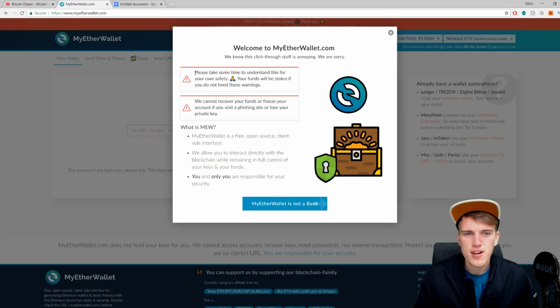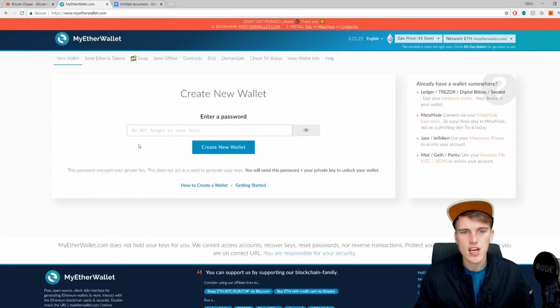We're presented on the front page with, please take some time to understand this for your own safety. Your funds will be stolen if you do not heed these warnings. We cannot recover your funds or freeze your account if you visit a phishing site or lose your private key. Then it explains what MEW, or MyEtherWallet, is. It's a free open source client-side interface. We allow you to interact directly with the blockchain while remaining in full control of your keys and your funds. You and only you are responsible for your security. And that's one thing we're going to be taking a look at today. Now there is a button you can click here. MyEtherWallet is not a bank, but we're just going to close this and we're going to get into creating a